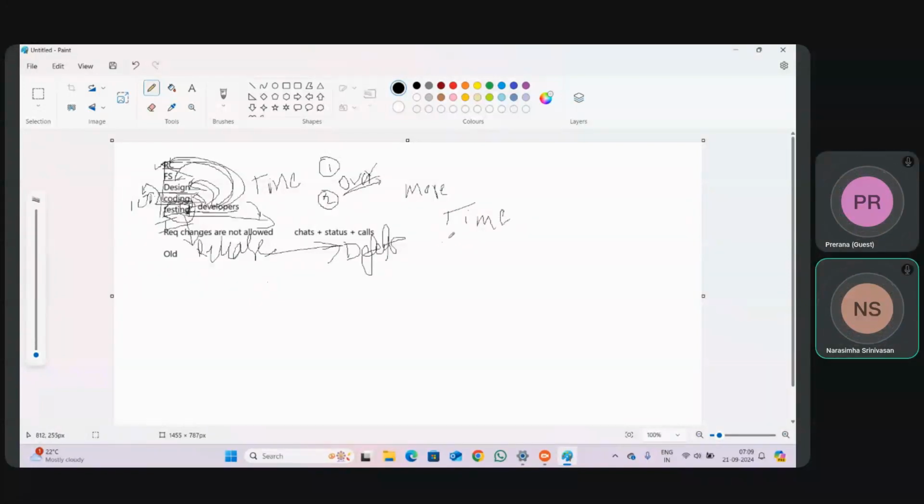Sir, time taken is more means what will happen? Today in the world, if you leave one application today, tomorrow there will be a competitor for your application. If you do not survive in today's market, then tomorrow you are outdated. Assume now you are launching a new type of WhatsApp in India. Will anybody use that?